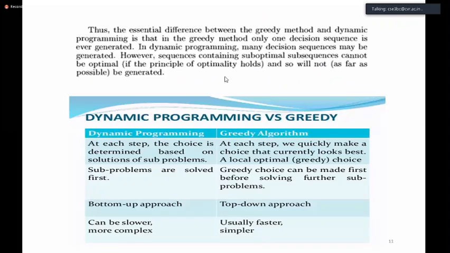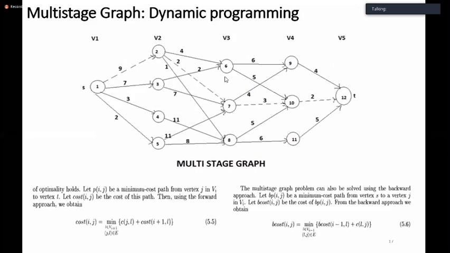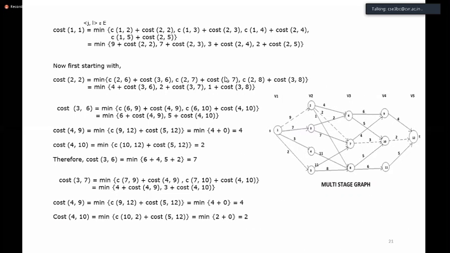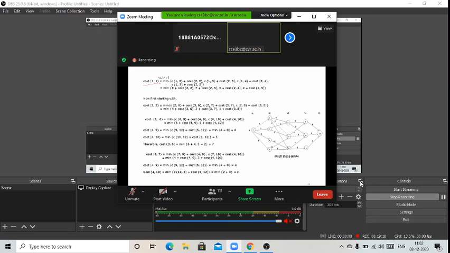Once you know the calculation of these, you can easily identify. Once you see here, what I calculated here is cost of 1 comma 1. It is nothing but minimum of